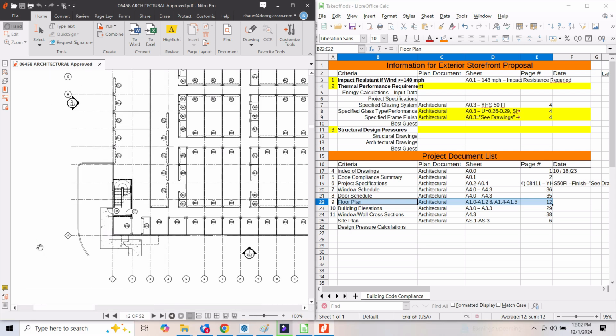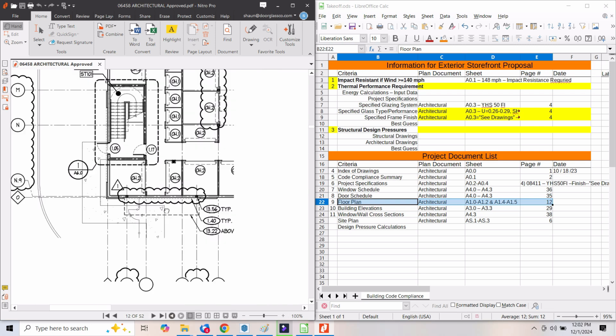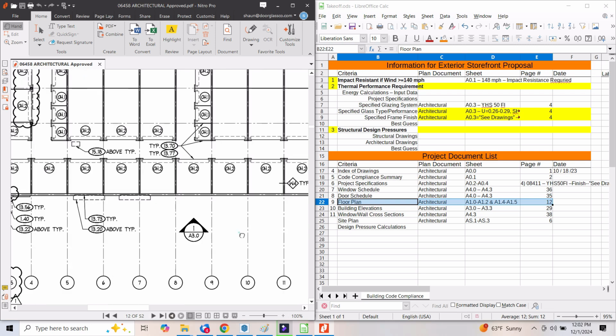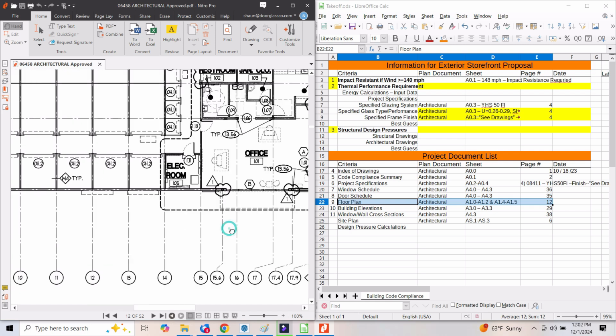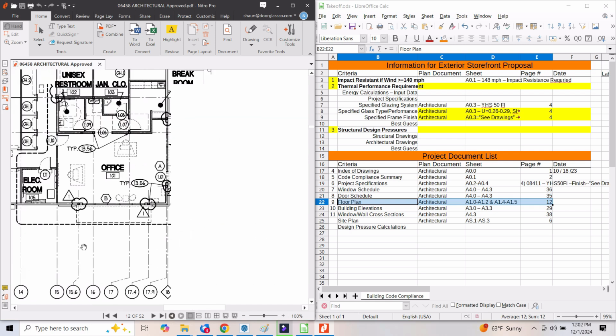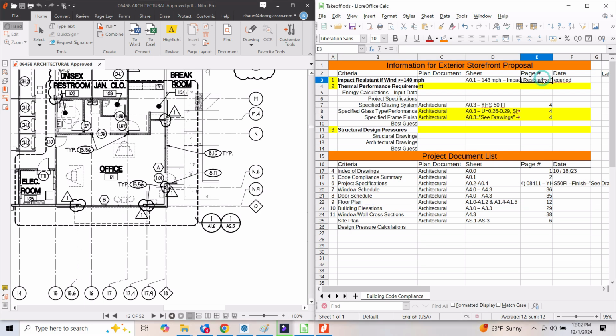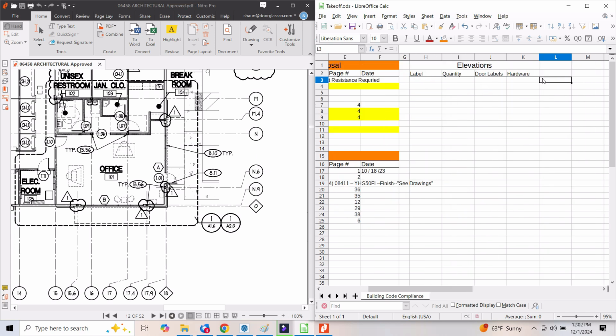And let me see. It kind of looks like a window, kind of, sort of, but not quite. Okay, that for sure is what I expect to see as a window, and it says type B. That says type A. So I'm going to just get over here to type, the label type is A, B, we had a C and a D, and then the door labels